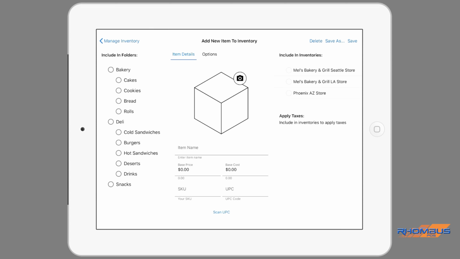This page allows an item to be created and assigned to existing folders. It can also be included in the inventory of any existing store locations. Any appropriate taxes for the locations can also be selected. There is no specific order of information that needs to be entered, but we will create an item by entering